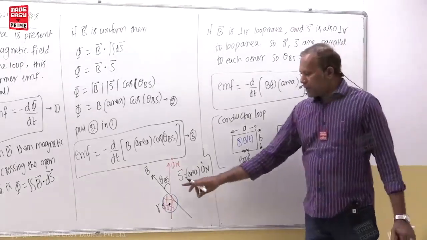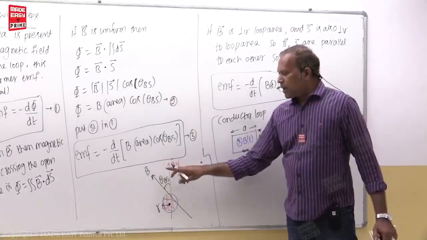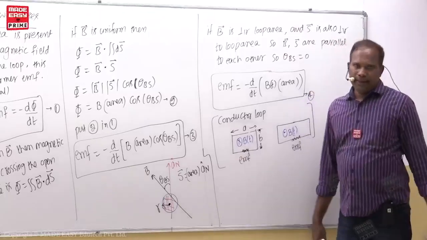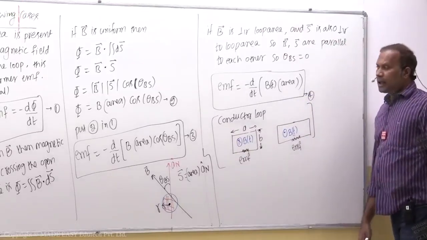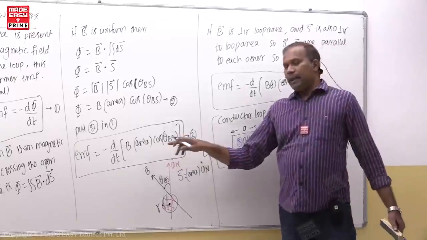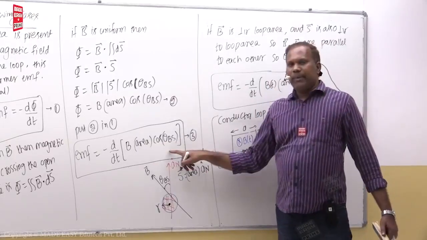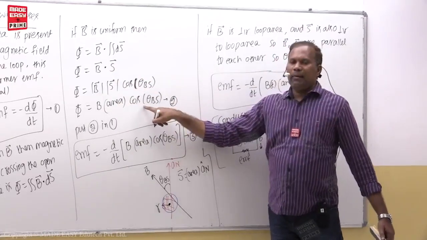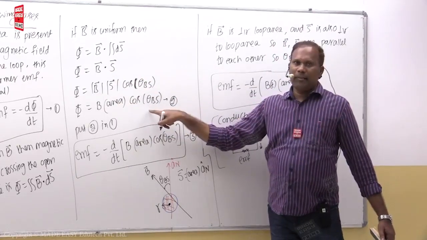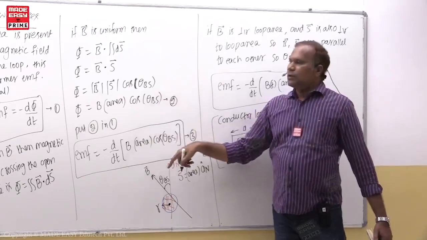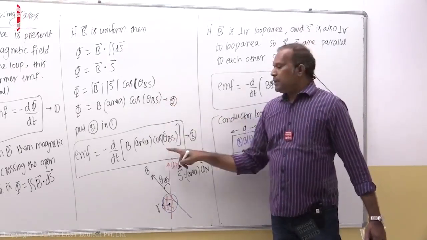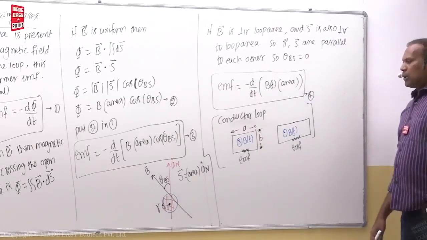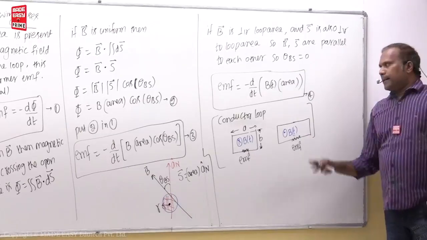So if you see this type of picture having some angle between B bar and A n cap, you have to use this formula. What is there to explain? Nothing is there. Here you remember one thing: cos is coming, sin is not coming. Why? Because from the dot product, A bar dot B bar is equal to modulus of A bar modulus of B bar cos of the angle between A and B. So cos is coming, and later on also this equation is required. Keep that in your mind. So after this is finished,